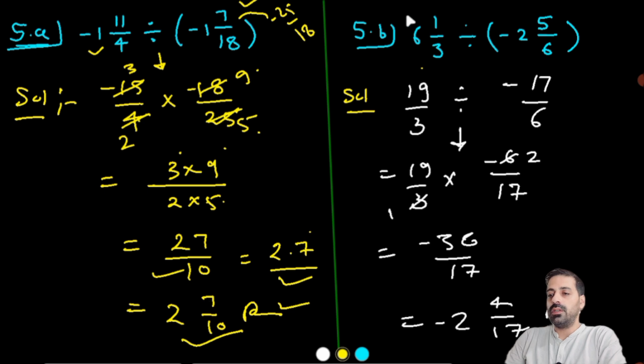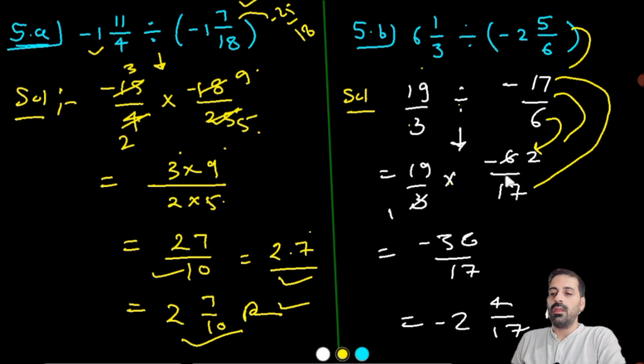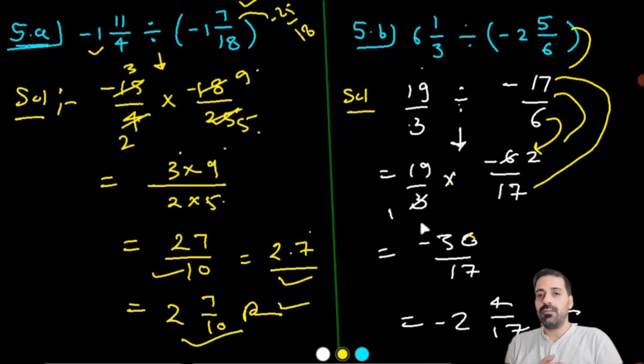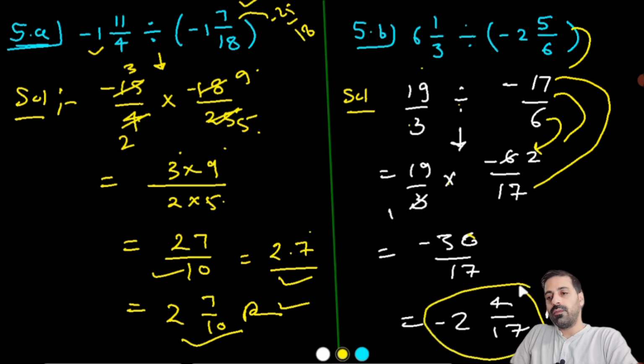Now again open this mixed fraction, we have 19 upon 3. Now open this mixed fraction, we have negative 17 upon 6. Now the divide sign is converted into multiply, and the reciprocal of this, the numerator becomes the denominator, and the denominator becomes the numerator here. Now cancel out the common terms, 3 1 ja 3 and 3 2 ja 6, so we have 19 2 ja 38, and we have 17 to remain 7. If I divide it, after dividing, I have negative 2 and 4 upon 7 17.